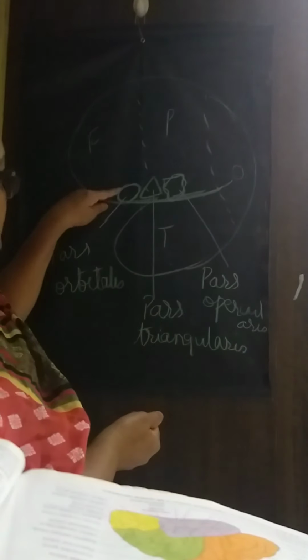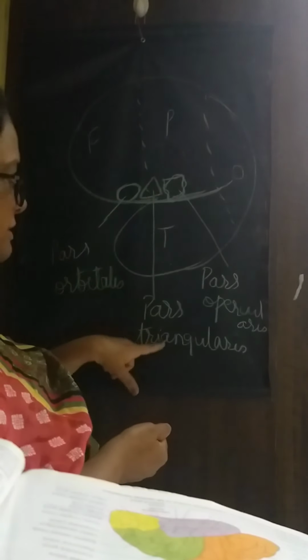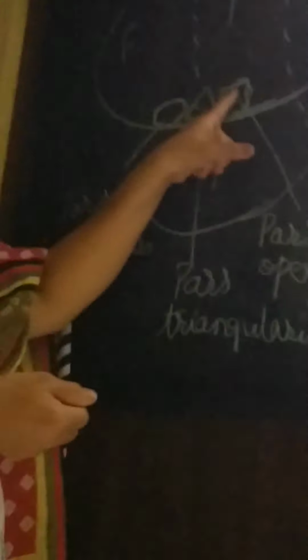So these three things you have to include in the superolateral surface: pars orbitalis, pars triangularis, pars opercularis. Okay, you have to include this into the superolateral surface, which I forgot to mention while teaching it. Now the importance of this is, in exams sometimes they may ask you the superolateral surface.